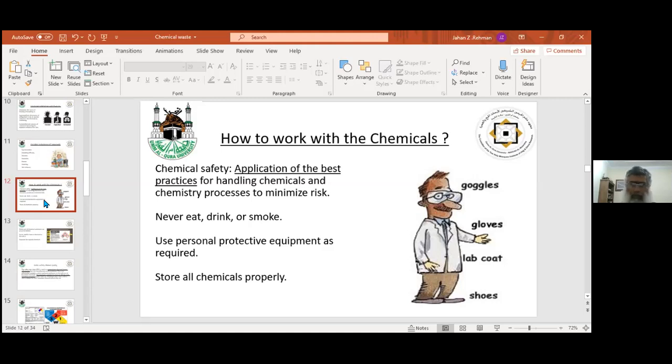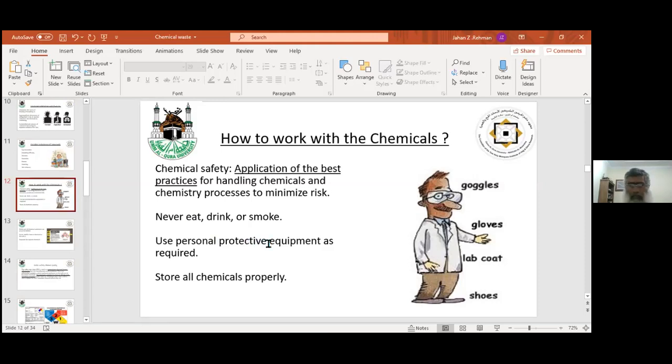Do not eat, drink, or smoke in the lab, because even though we are taking a lot of care for the procedures, sometimes there are some acid marks on the surface, on the floor, on the shelves in the lab. So if you are eating or drinking, there are more chances that sometimes chemical will attach with your food, so it will disturb you, either your skin or your inside.